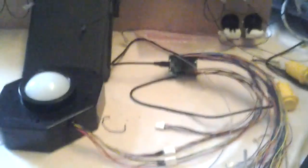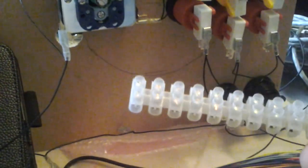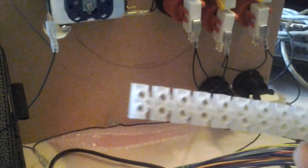Right, so that's all of the grounds wired up. You can see we're going from the mini pack to the first joint here, and we're then just looping it through all of the commons and all the way around to the end. And if you haven't got the daisy chain cable like that, just use a terminal strip and then just wire all of the